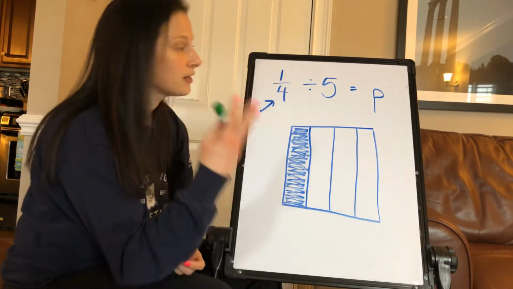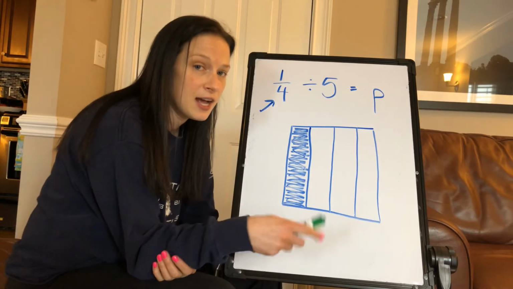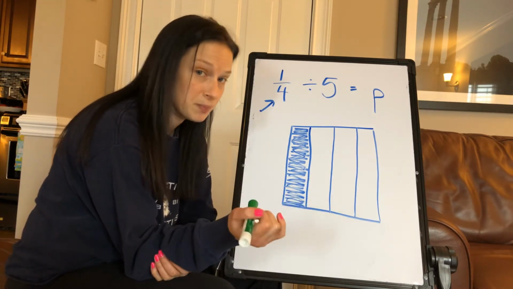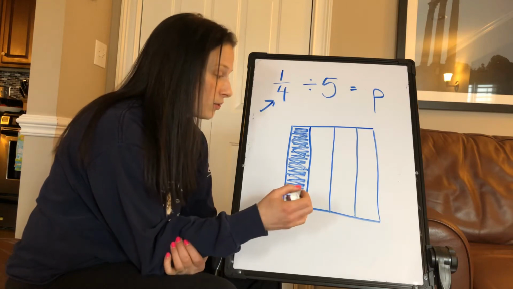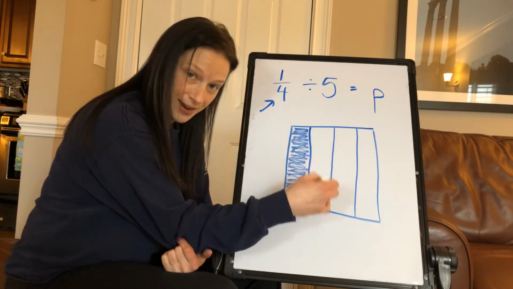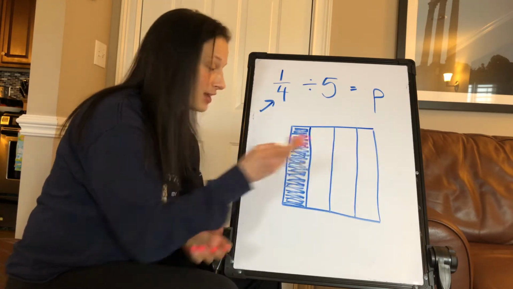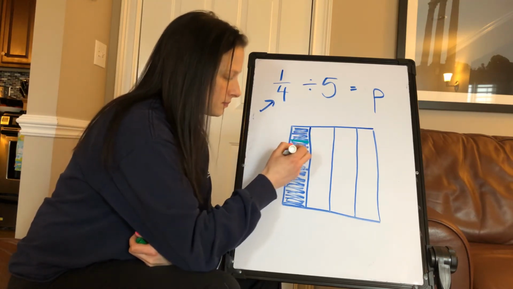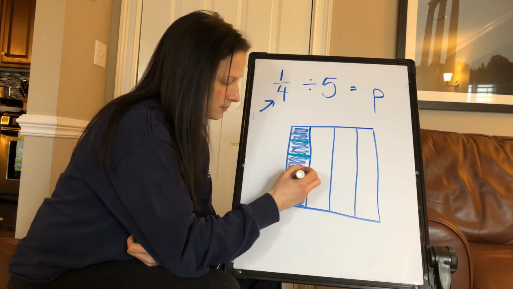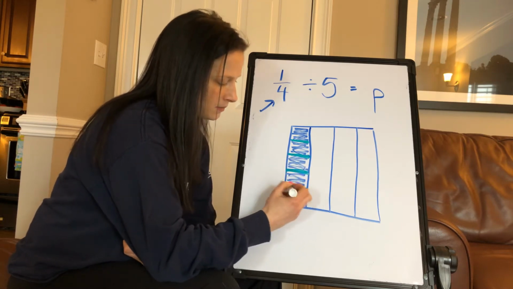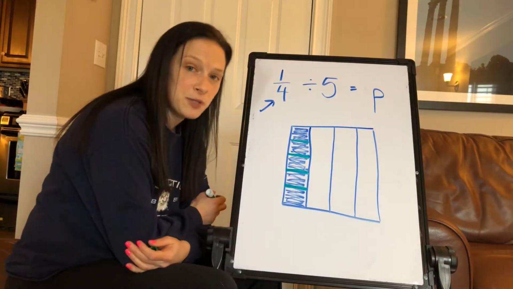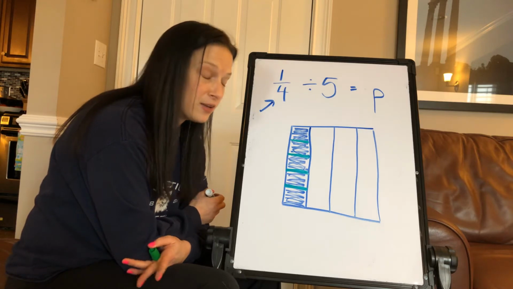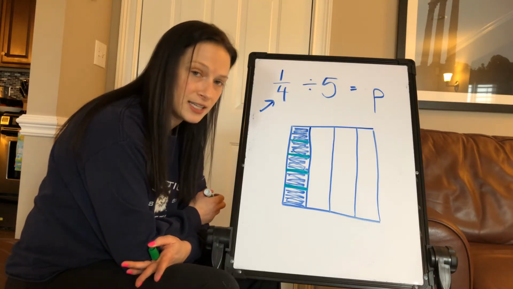And a lot of you might be able to predict how we're gonna split it between 5 people. So we're not gonna make it long strips this way, but you would probably cut it this way. So we're gonna split it between 5 people. So I split it between the 5 people,